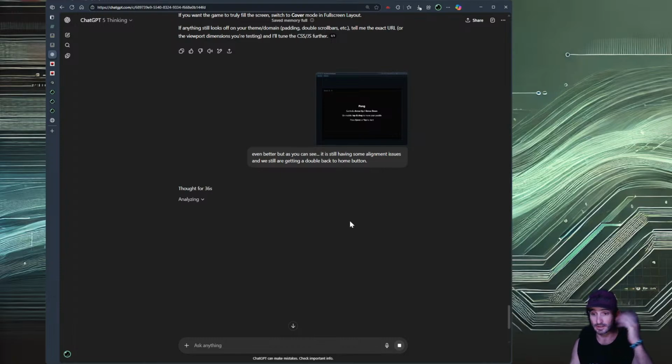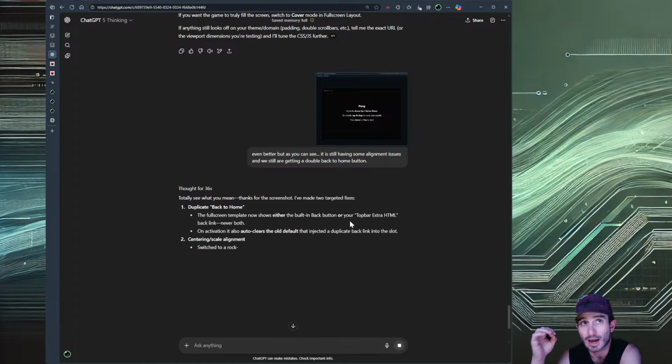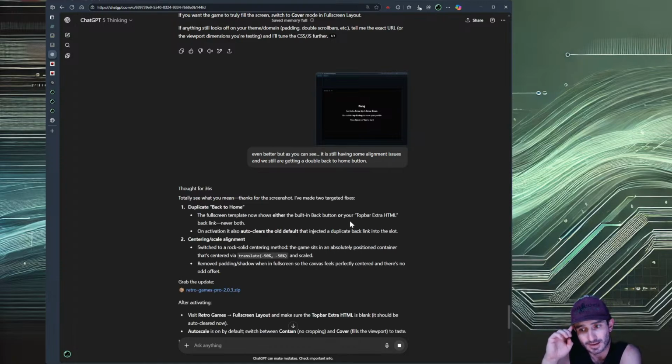I don't know. This is the introduction to GPT-5. This is the first time using it. But I think that could possibly be the future of how that goes. I think, and this is purely coming from someone who doesn't have 10 years of experience developing WordPress plugins, I'm not going to have the same type of raw experience that other people have.